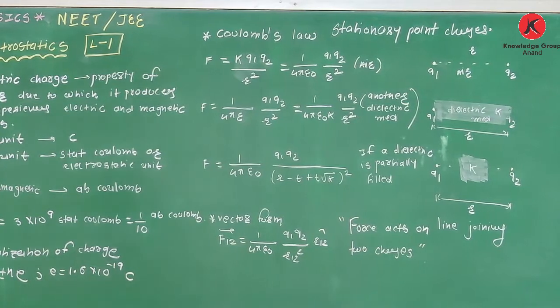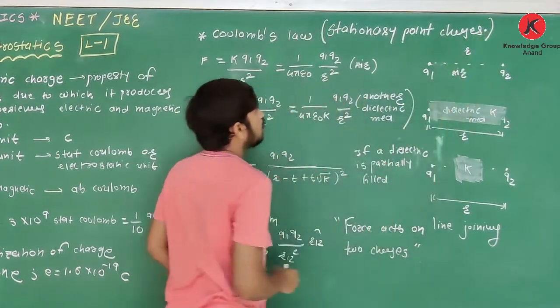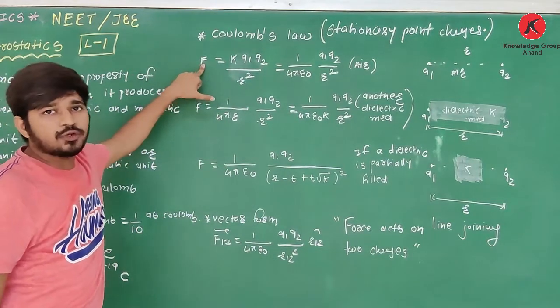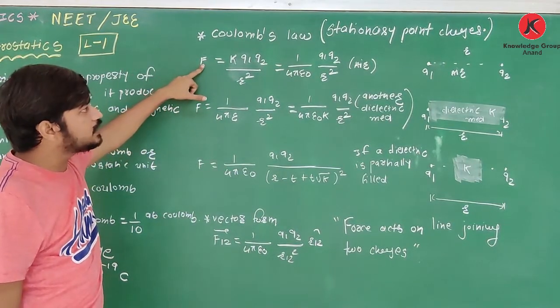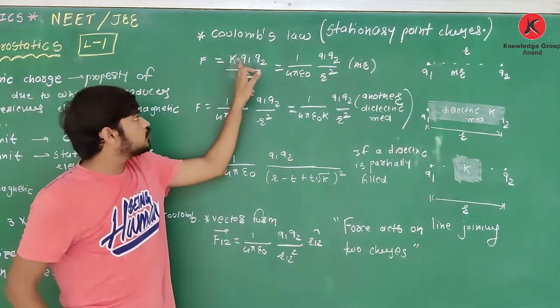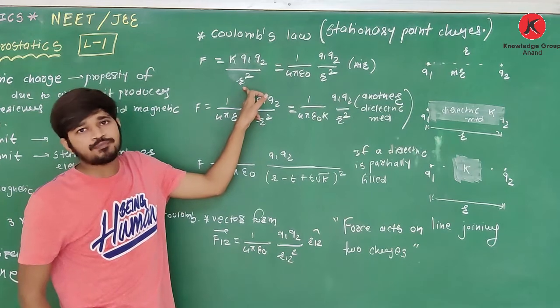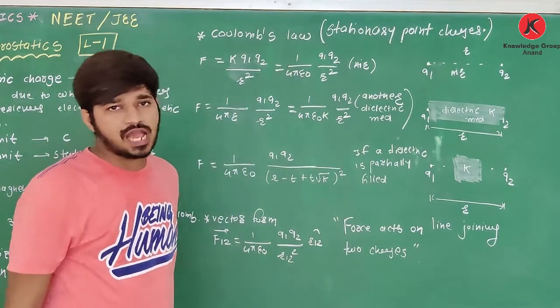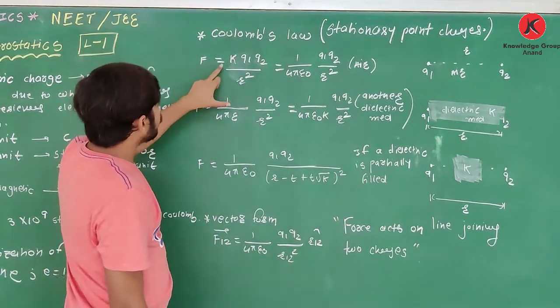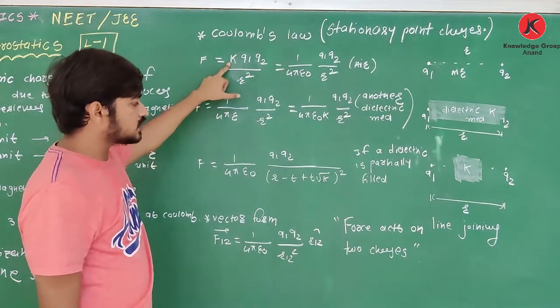Coulomb's law states that the force acting between two stationary point charges is directly proportional to the product of their charges and inversely proportional to the square of the distance between them. If we remove proportionality, we have to add some constant. So F is equal to K Q1 Q2 upon r square,